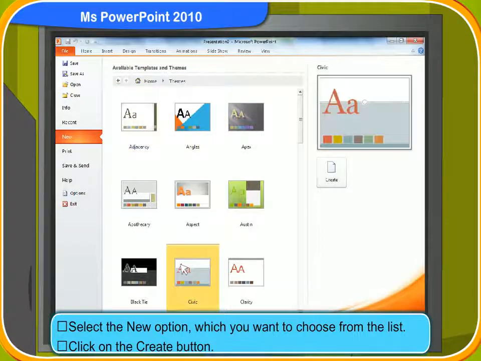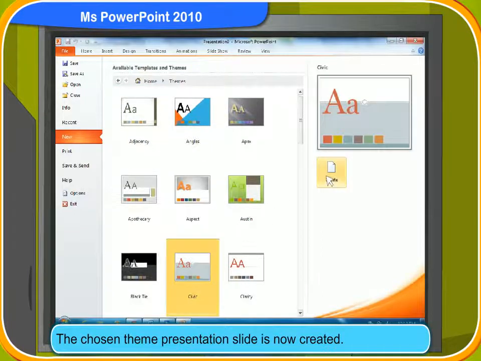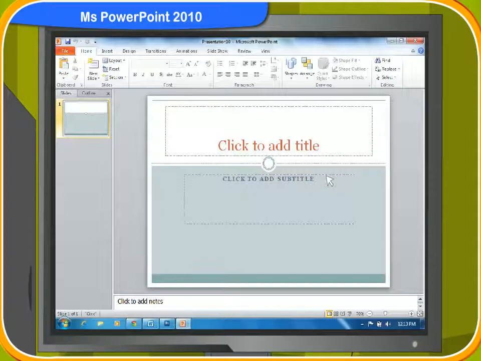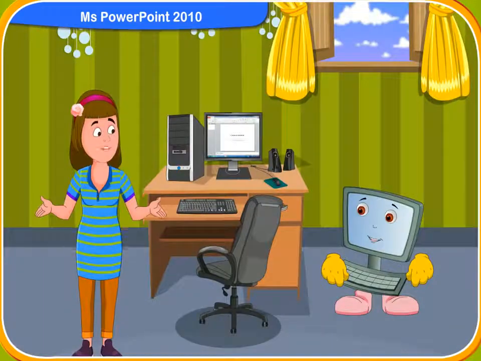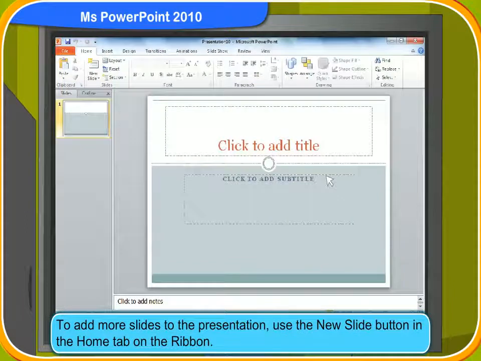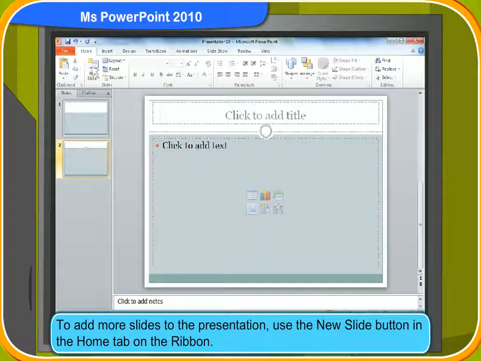Click on the Create button. The chosen theme presentation slide is now created. You can type anything you want by inserting a placeholder or paste an image of your choice in the slide. How can we add more slides to our presentation? Add more slides to your presentation by using the New Slide button in the Home tab on the ribbon.